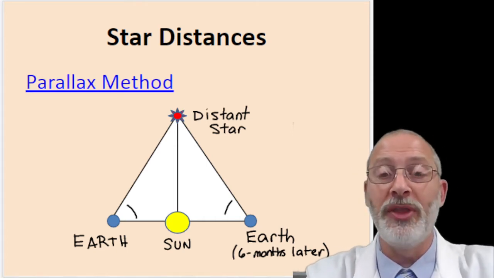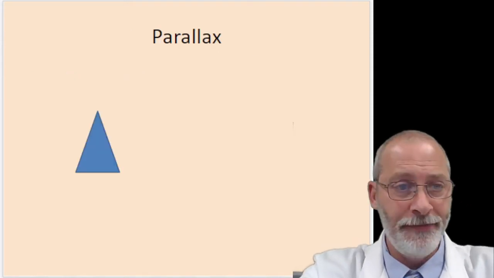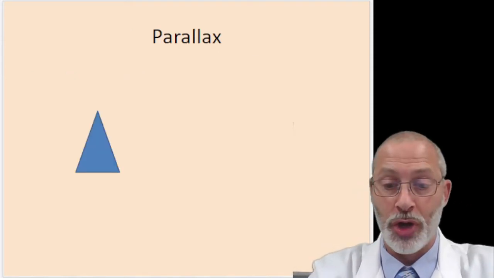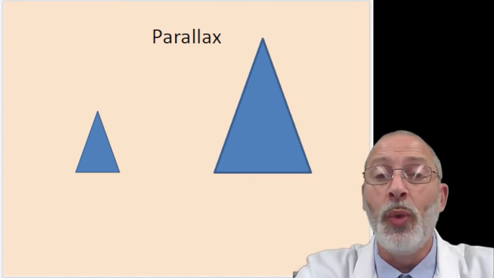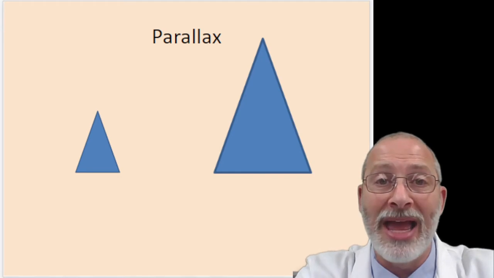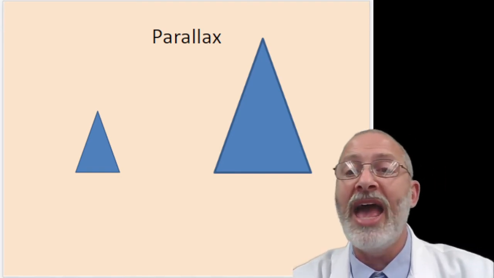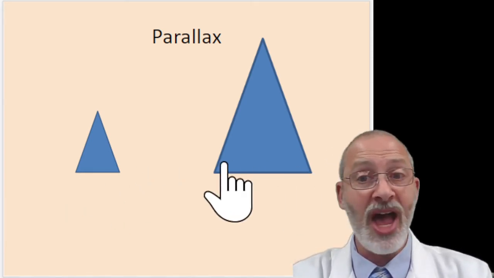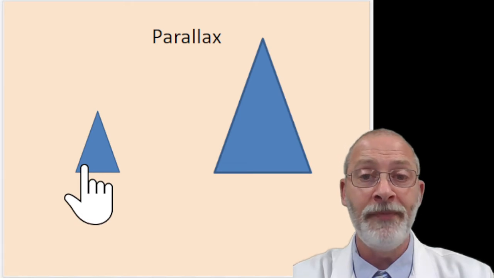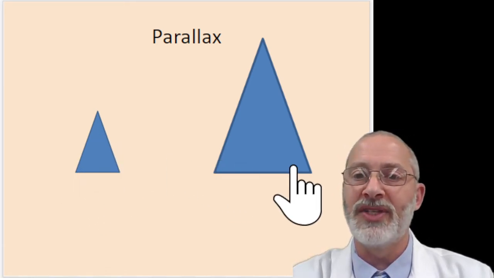So this is called the parallax method. Let's take this a step further. We've got a triangle drawn here, and we've got a larger triangle drawn here. We can say that these 2 triangles are similar to one another because they have the same proportions. They're not the same size. This one is bigger than this one, but if they have the same 3 angles,